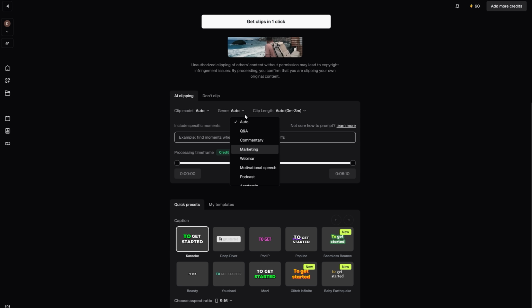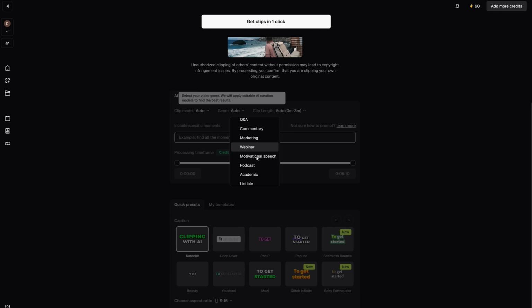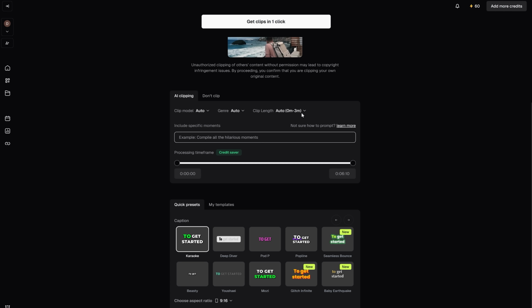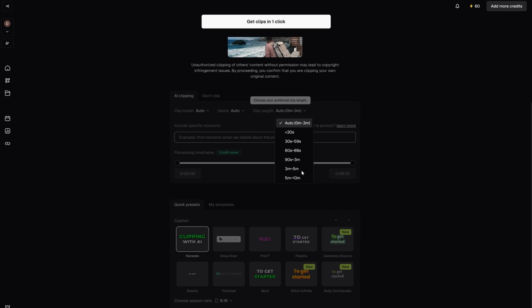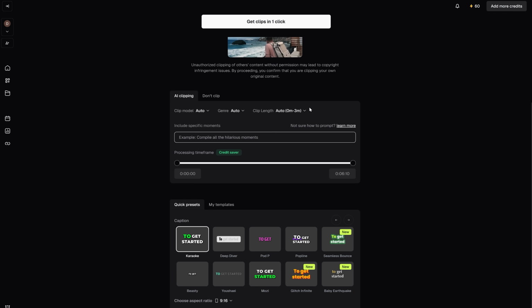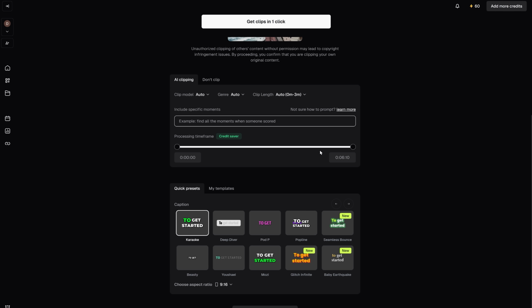There's a selection of genres to choose from, and you can also pick your output length. So basically, folks, you can optimize your content for any platform you like. What I find pretty cool is that there's an option to write a prompt about what you want to see in your results. Next up is the Processing Timeframe tool. That lets you trim the beginning and end of your videos if there's something you don't want to show up